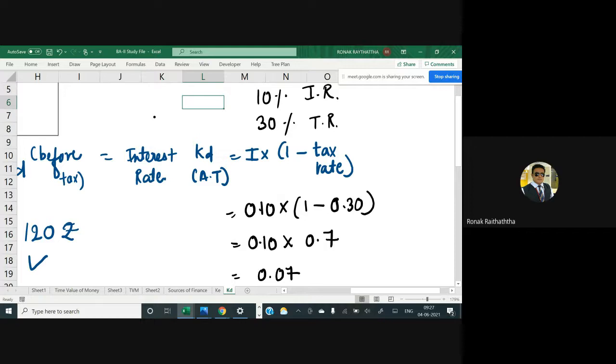Now, that is applicable specifically to the cost of debt. Tax advantage is given only on the interest, on no other source of finance the tax advantage is given. On equity, you pay the dividend, that is not a tax deductible expense. On preference dividend as well, you pay the dividend, which is again not a tax deductible expense, because dividend is always considered to be the appropriation of the profits. It is not an expense at all. If you distribute something to your owner, it cannot be called as an expense.